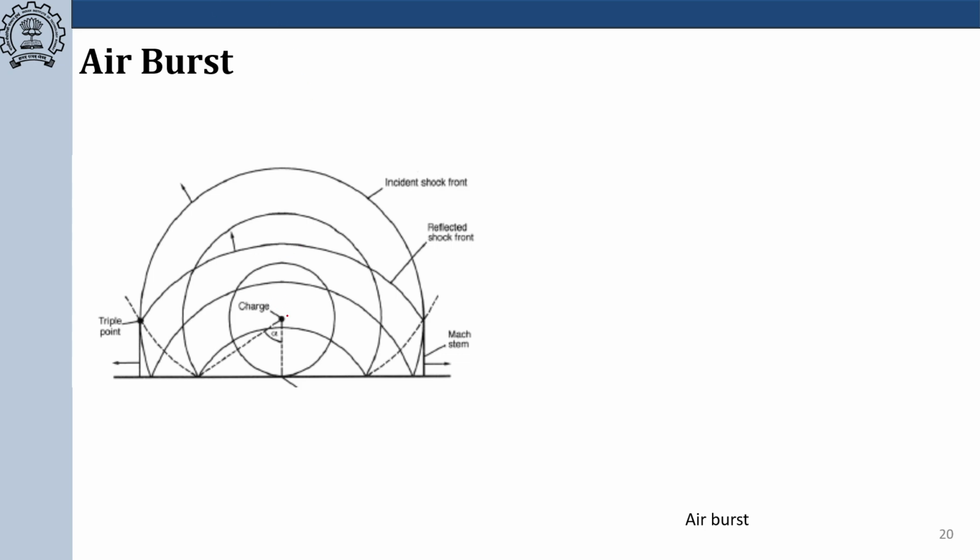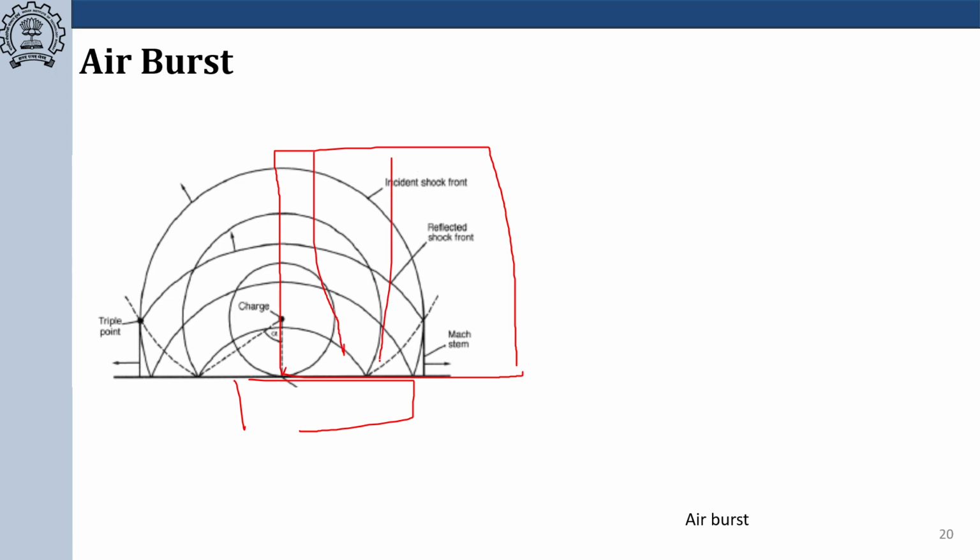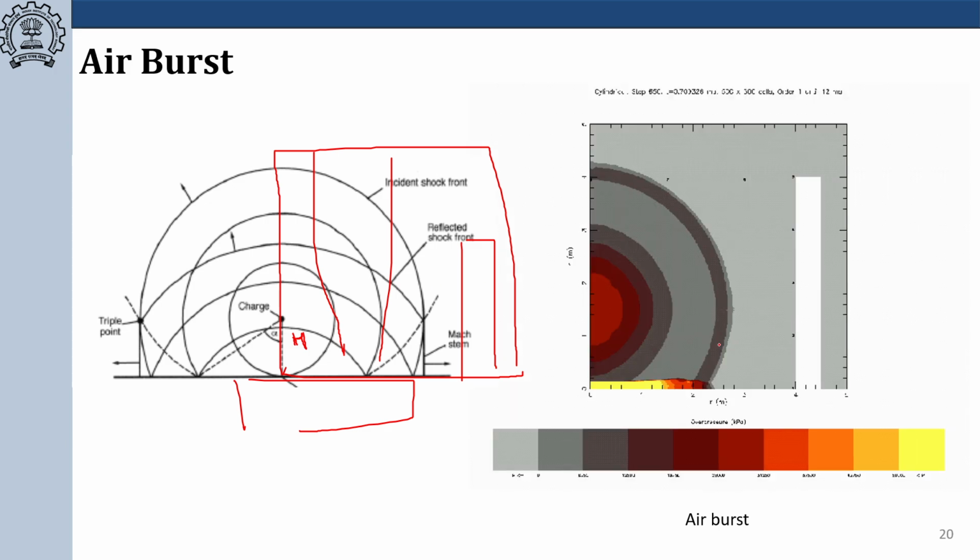While coming to the air burst, either some building is there or it is on the ground, and the explosion occurs at some height above the ground. This is the case where my explosion occurs, and I want to simulate the air burst scenario. I will be considering a two-dimensional grid like this, and I will place my structure here, and the explosion will occur at a certain height from the ground. If you want to see some obstruction, you can keep some obstruction. Based on that, you imagine where the obstruction should be, and you put your charge just above, near to the obstruction. So if you see the simulation,